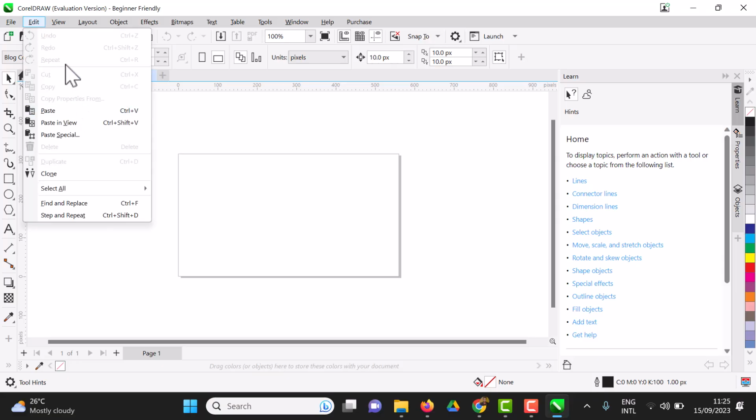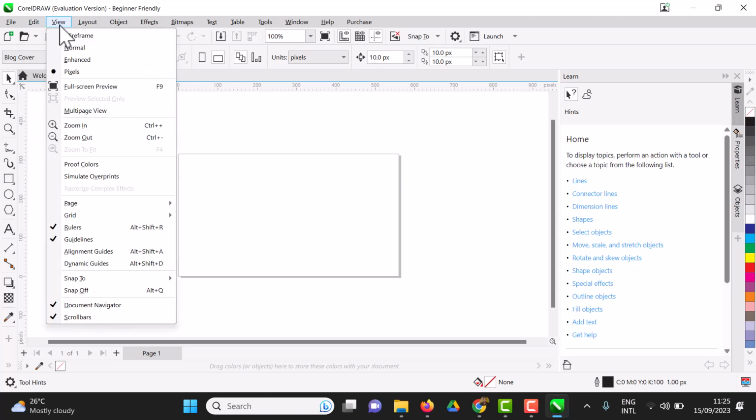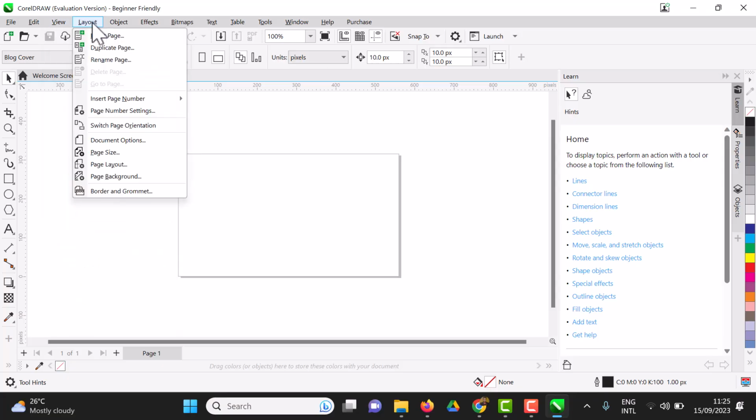And we have the edit, where you can do cuts, you can copy, you can do every other thing. And we have the view, where we have the wireframe, we have the pixels, we have the normal, we have the rulers, we have the guidelines. Just go through all these layouts, just go through them. Once we start practicing, once we start experimenting, we are going to see what all these are used for. And we can insert page numbers, we can do all these. Just look at all these menus through, and we have